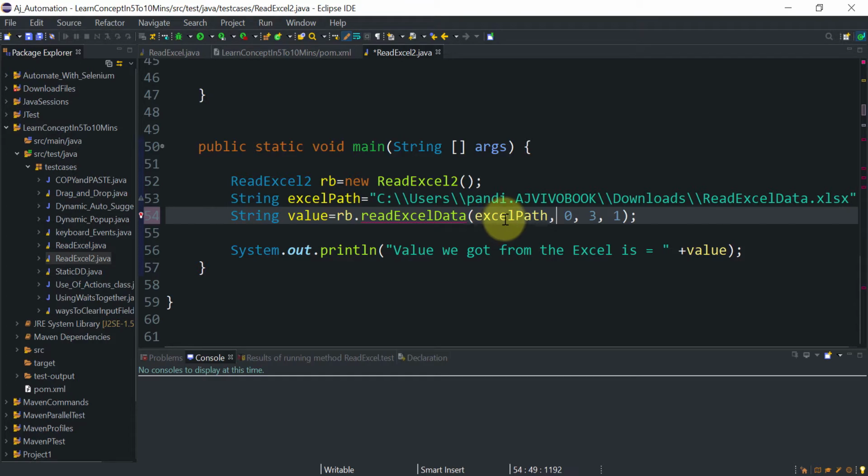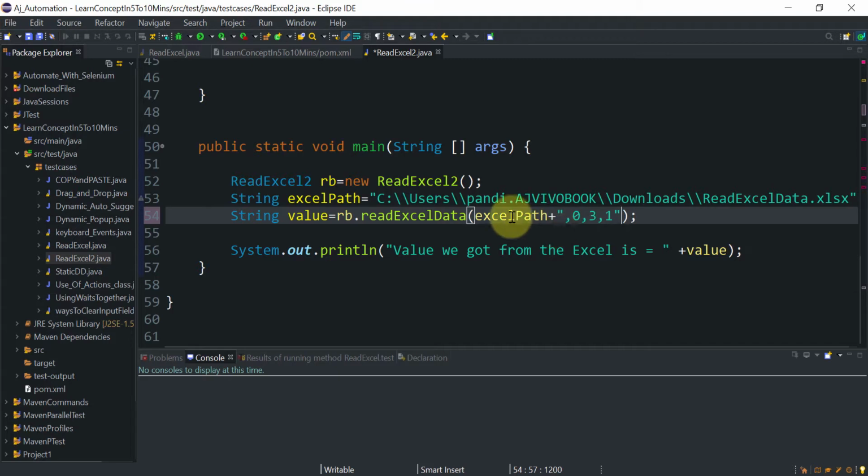So this is our first string, and let me rearrange it. This is the first string, and we will add the remaining integers into the string. We are concatenating these with the plus sign.